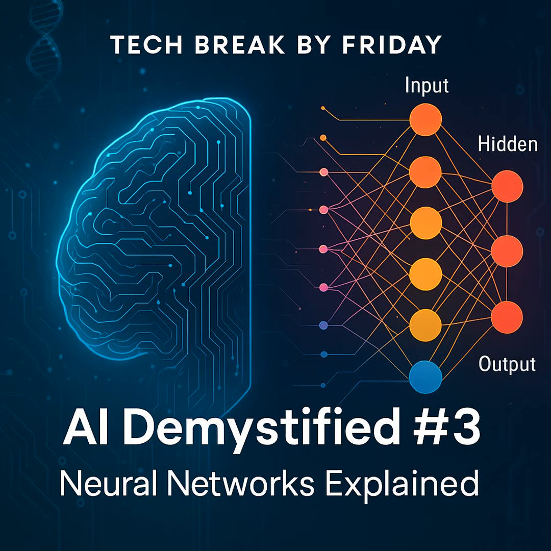Picture a network of nodes. We will call them neurons, connected in layers. Each connection has a weight, which means that it gives that specific node a more important or less important meaning. Basically, it means that the information is more or less important based on the weight of the node. When you feed data into the network, it passes through these neurons layer by layer, getting transformed and refined along